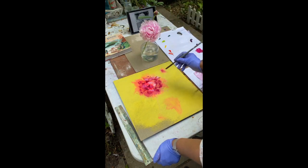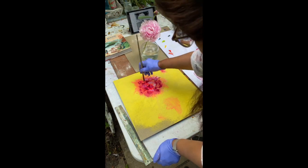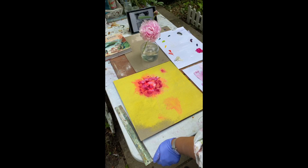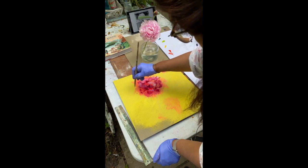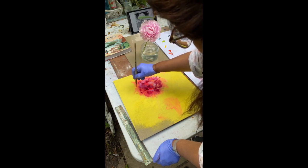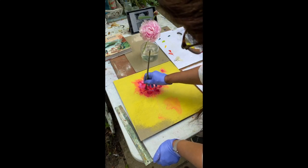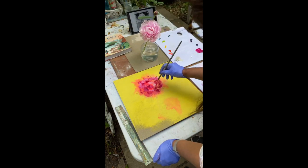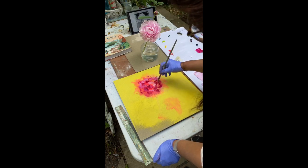So these chisel shaped brushes are actually quite nice to use for this project. It just gives you a blunter sort of mark. And sometimes you totally lose your way with the petals really. So have a few petals where you can really get a bit of definition in some, and then the rest can be just as you see. And these ones are coming, so there's the dark there,